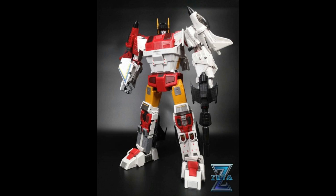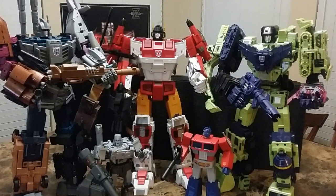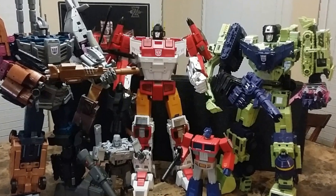This was a pretty decent combiner. Now the individual bots were not that great, but I was pleased with this. So that's kind of what I was thinking. We'll have a similar experience with X-Transbots, hopefully, and hopefully it will look good together on the shelf, and that seemed like it would work out really well. You see, Zeta had sort of